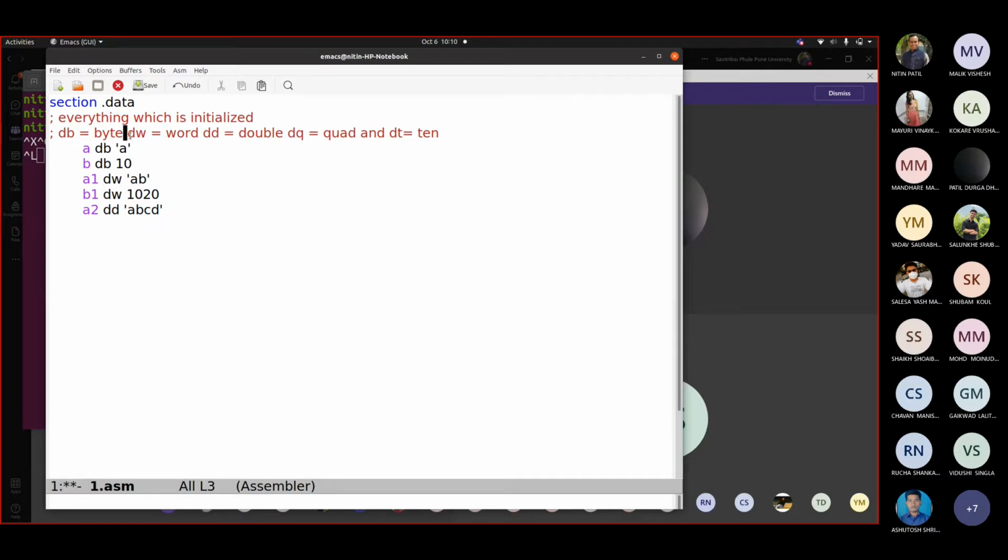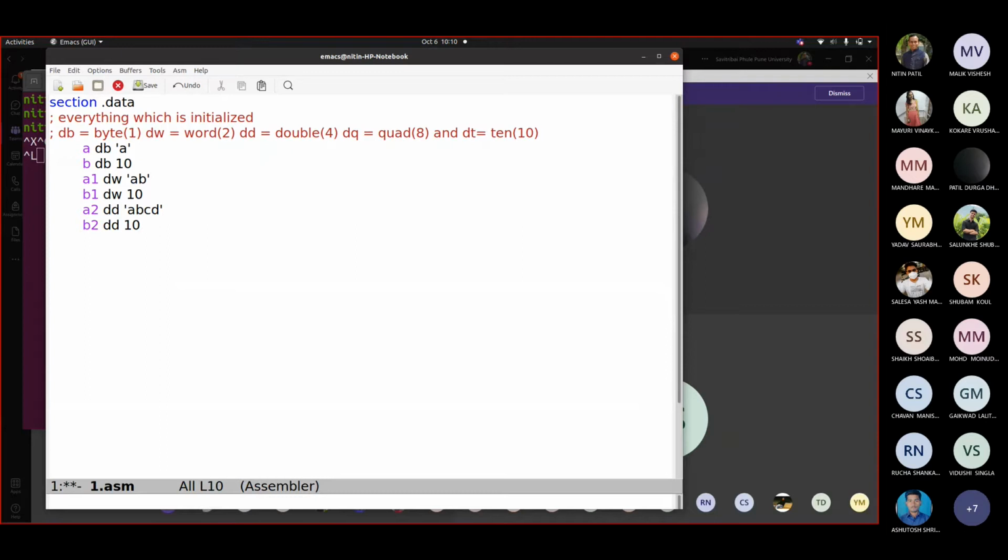When you talk about this byte, this would be 1. Everything goes this way, like computation power increases: 1, 2, 4, then this is 8, and this is 10. So say A2, then you declare B2 dd 1020. Let me write it like this so that you can understand how exactly it is translated. I will keep the same thing, and I only increase the number of characters here to represent it.